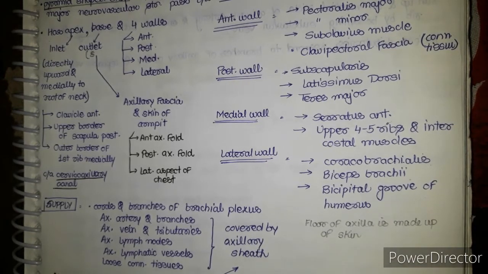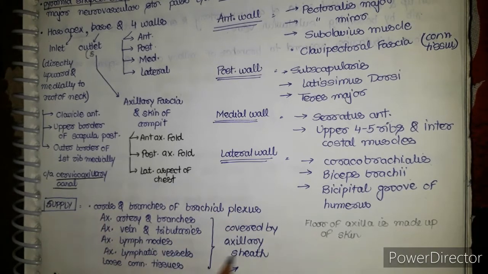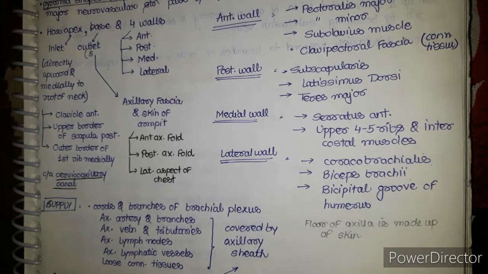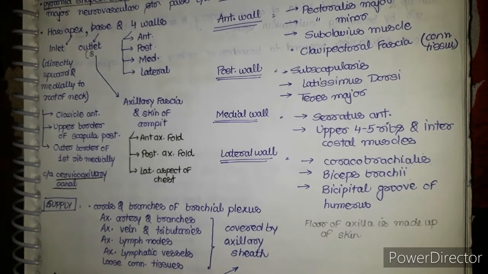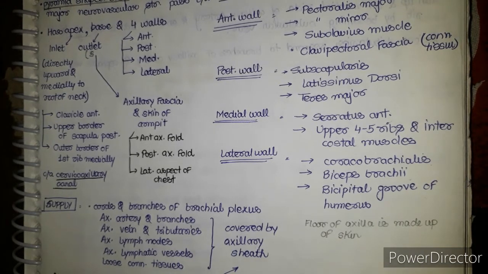Okay, now the structures which pass through the axilla, what are these structures? These are the structures which pass through the axilla and are covered by the axillary sheath. Okay, see, arteries, veins, nerves and other things, the muscles and other things which should be present, lymph or lymphatic vessels also, they are very crucial for us. Okay, so we can't just put them like that, we have to cover them well with a sheet because they are so crucial. Without them that part will go into necrosis or death.